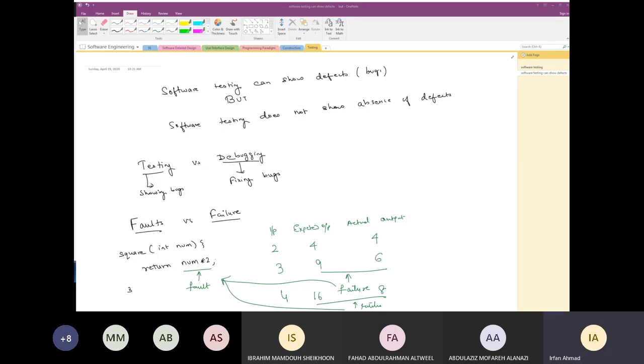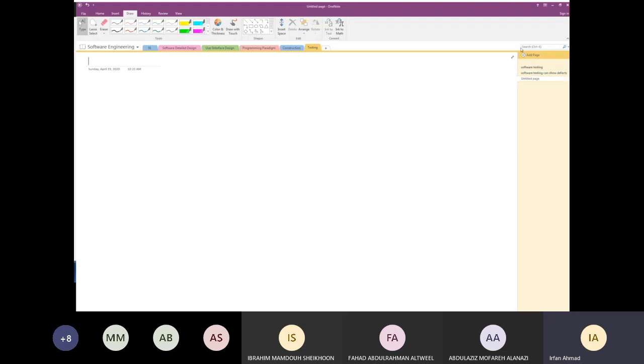Then we have these concepts. There are other important terms. There is something called black box testing versus white box testing. So what's the difference here? In black box testing, what you do is you design test cases